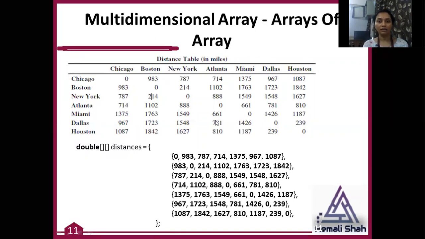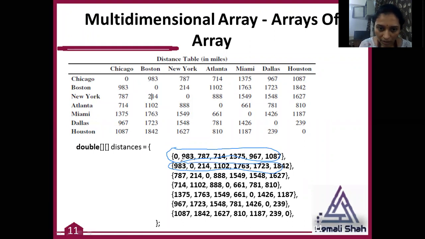So this is the syntax of a single dimensional array, yes or no? This is the syntax of a single dimensional array, and all these are available as an element of some array. So here this is called an array of arrays, and it is also called a multi-dimensional array, and this is indicated by using two square brackets, and this is the array variable name of it.